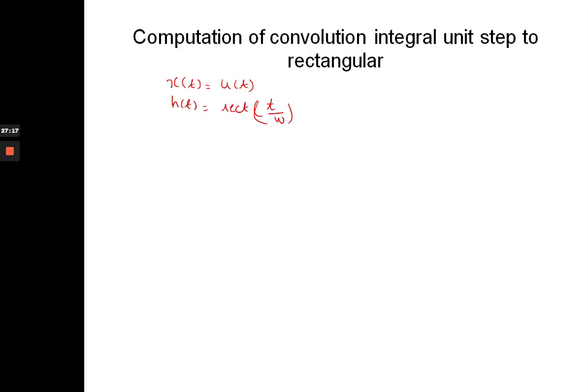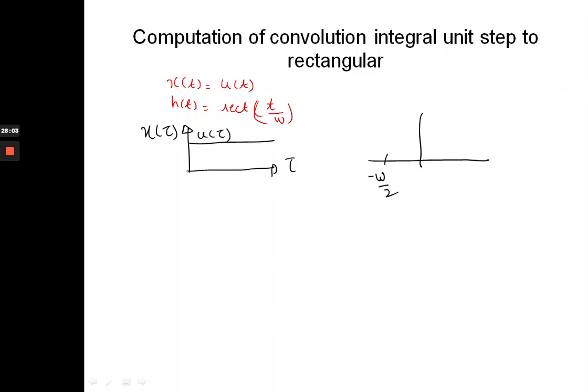Then computation of the convolution integral with unit step to rectangular. Now here x of t is the unit step function and h of t is the rectangular function, that is rectangular of t divided by w. Then we will draw the first function, and dummy variable, that is x of tau. This is u of t, u of tau. And the second one, if the width is w, means this will start from minus w by 2 to plus w by 2,